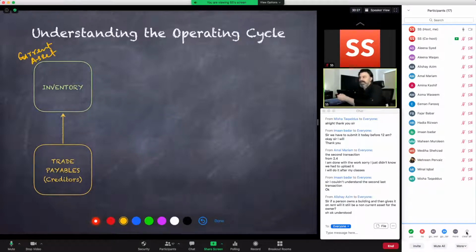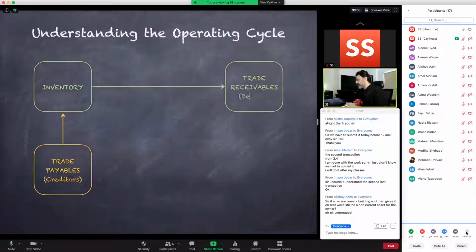This entire slide, the operating cycle, is all about this connection. So inventory is your current asset. You will buy this inventory from your suppliers. The suppliers are what we call trade payables or simply creditors. These are the people you buy your goods from and you owe them the money. Then, as soon as you get an opportunity, you will